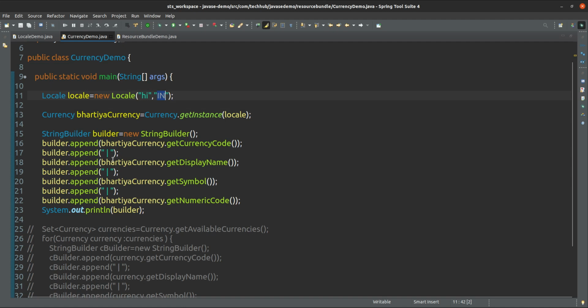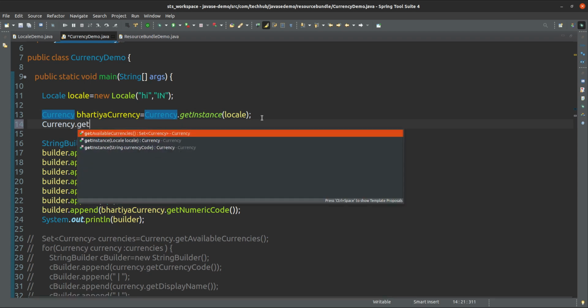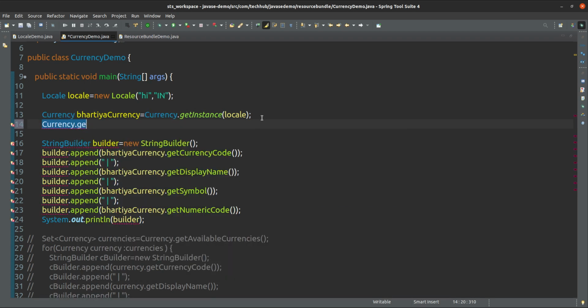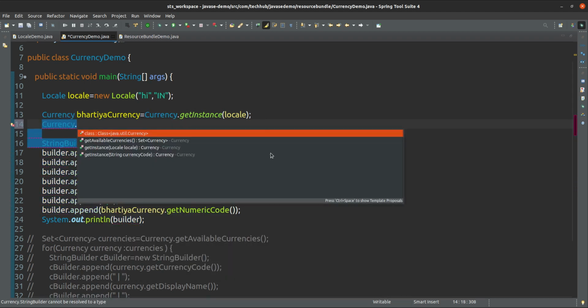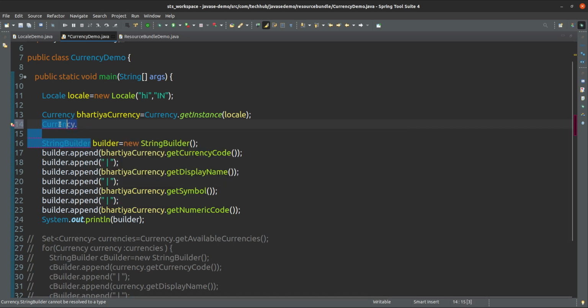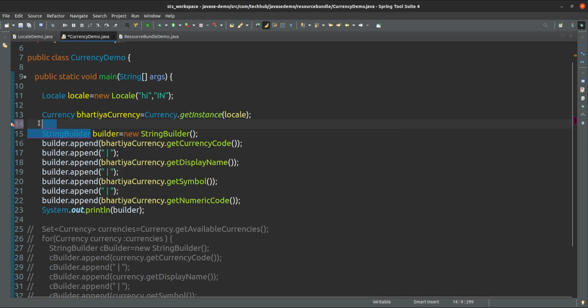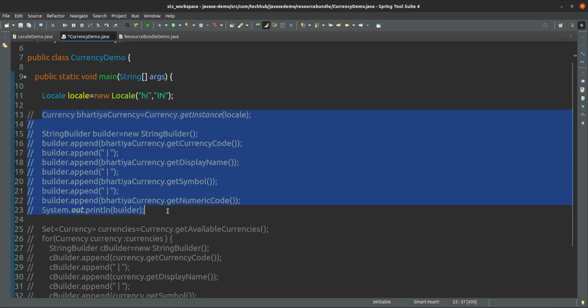So this is getInstance we are using, and if we see the other methods of Currency, then getAvailableCurrencies is also there, and that getAvailableCurrencies method is returning a set of Currency type. How many types of currencies are available across the globe, you can get all into a set, and you can see all the information about that.